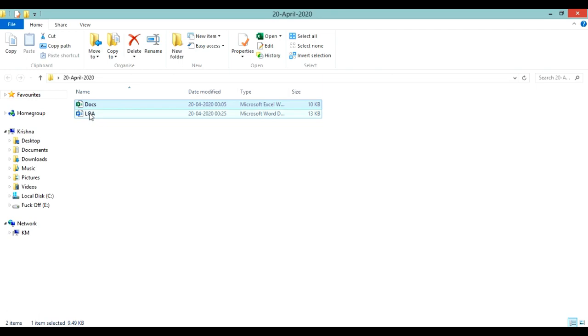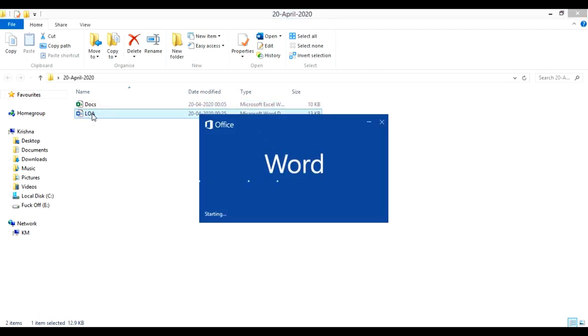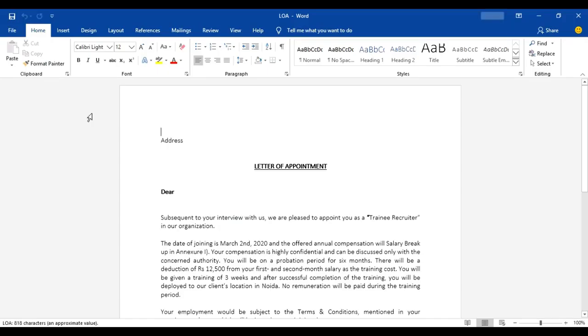I have a Word document here with a letter of appointment which I want to send to different candidates. So first we have to merge our Excel and Word together so that we can mail the letter of appointment to the different candidates in a limited time.